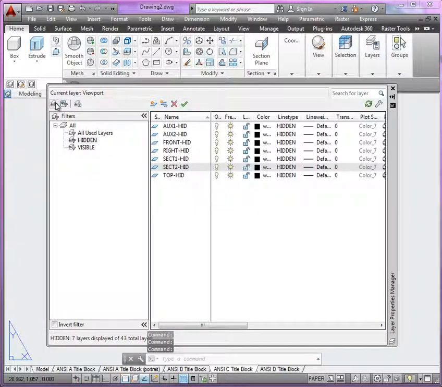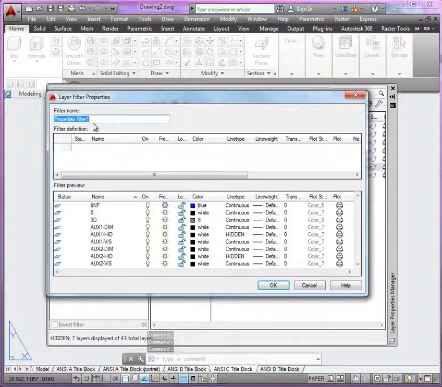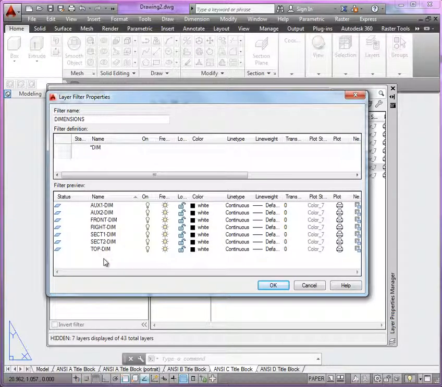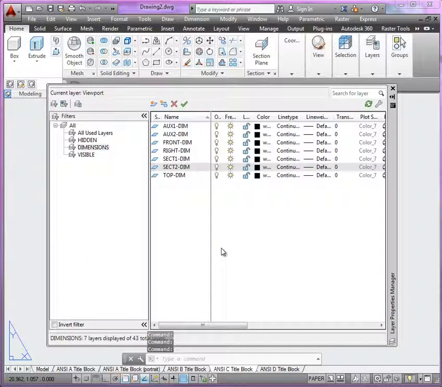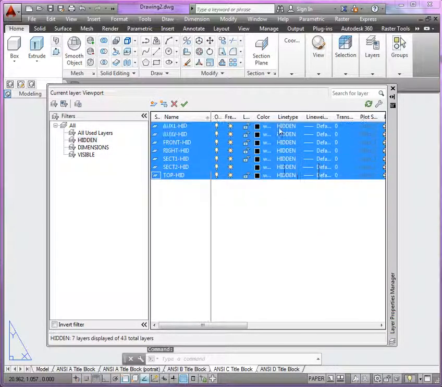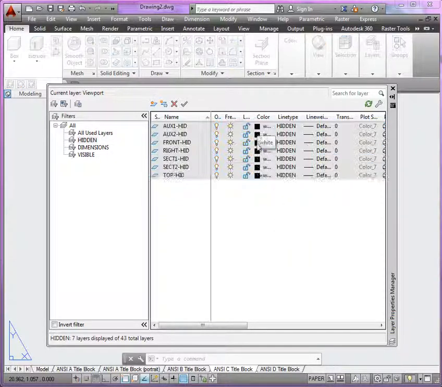And yet one more. This is going to be for the dimensions. All these layers start differently, but they end in DIM. Okay, there's a couple other layers here that aren't going to be too much trouble just selecting, but look at here. With the filters now, you can see that in my layers list here, I can just isolate all the layers and then do some